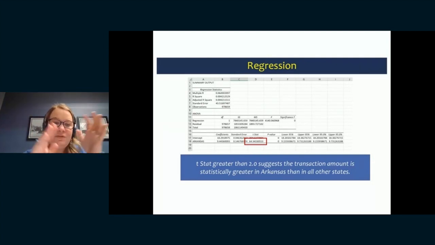And so this regression analysis that we get from Excel, utilizing the Data Analysis Toolpak, can help us understand if there is a relationship,